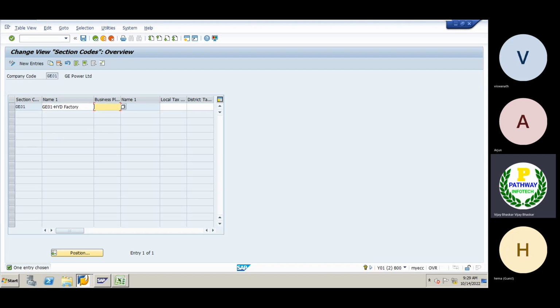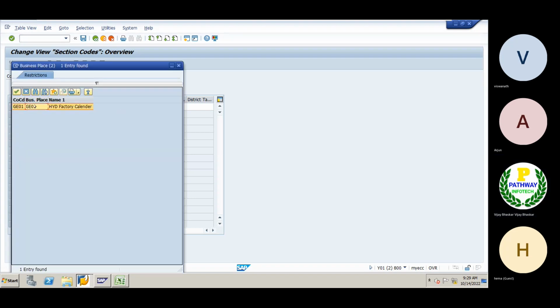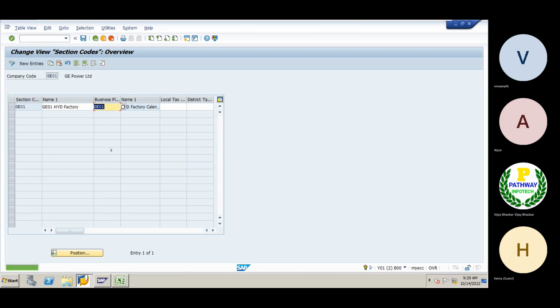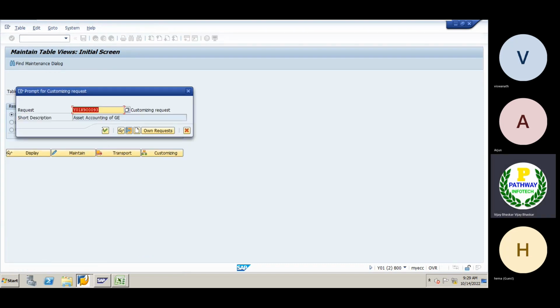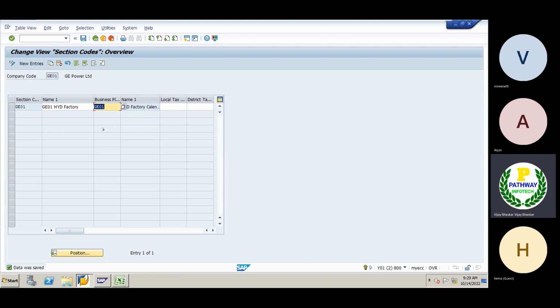Business place, this is the section code already we have defined. For this section code we must assign the business place. Just enter, then save it. Then okay, now let me